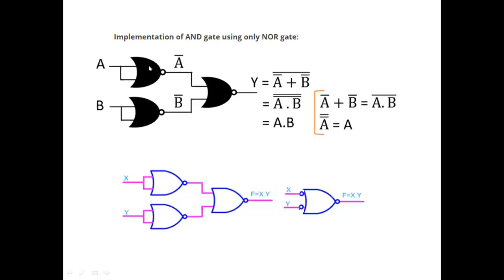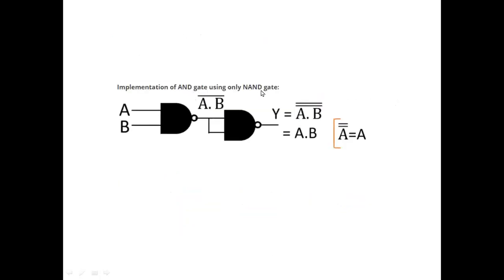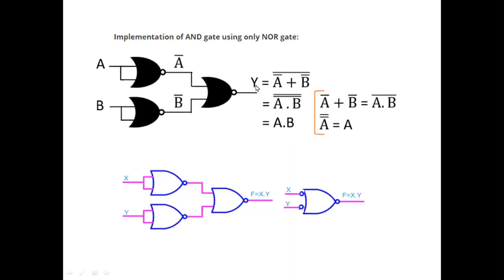So you can replace these two NOR gates with a bubble over here. So we call it a back bubble NOR gate as an AND gate. Whereas in the case of AND using NAND, it is a front bubbled, front inversion NAND operation. Whereas using a NOR gate, if you implement AND gate, it is a back bubbled NOR gate. Okay, remember that.